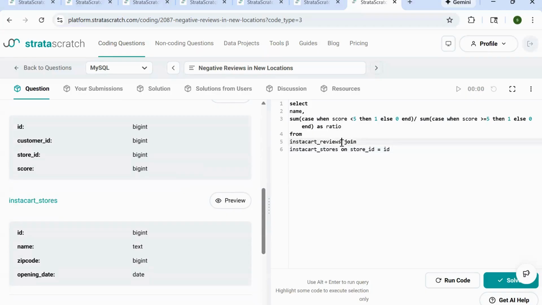Let's give some alias names just to avoid any confusion: T1.storeID, T2.ID, where